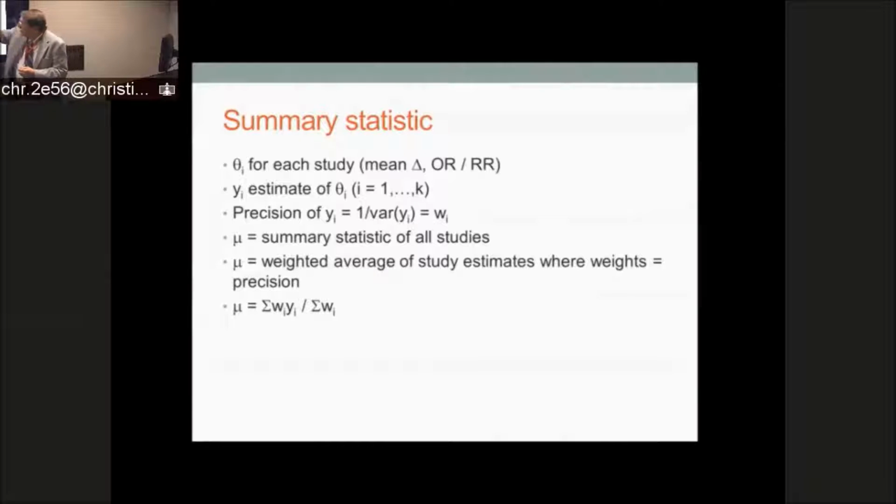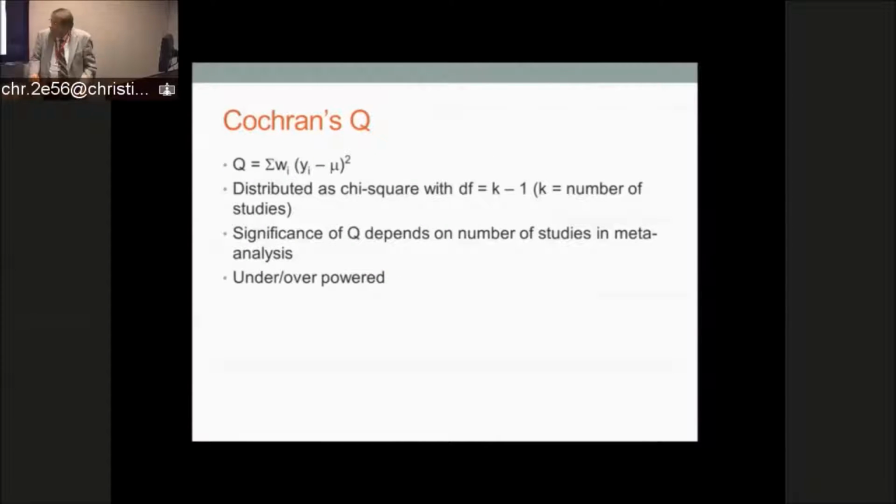The key here is the weight, which is one over the variance. It's related to the sample size of the individual study. Okay, so